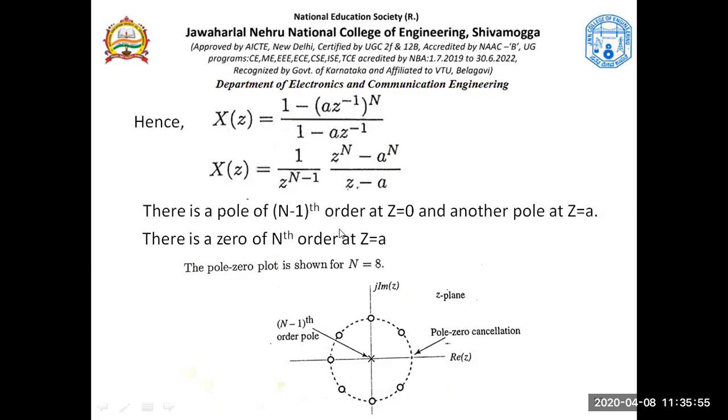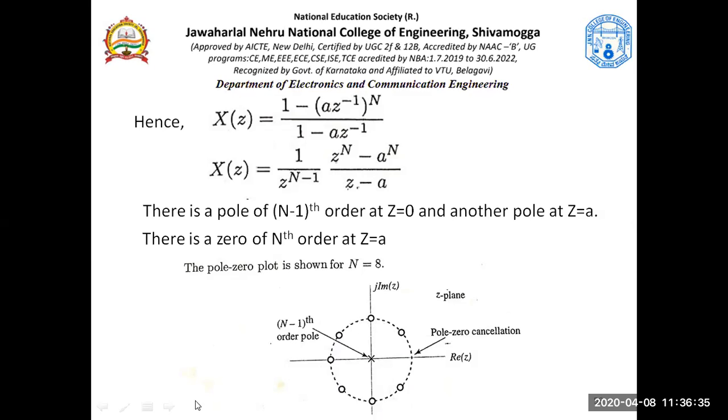Okay, so let's shift over to zeros. How many zeros are there? There are capital N number of zeros. What is capital N? Capital N is 8. So where are those 8 zeros? Those 8 zeros are at magnitude z equal to a, I should say rather. Magnitude z means anything on this circle would be a. Wherever you go measure, that would have the value a, because the radius a is the meaning of that.